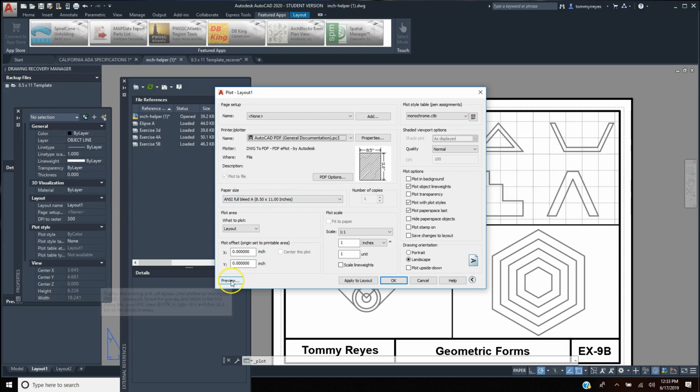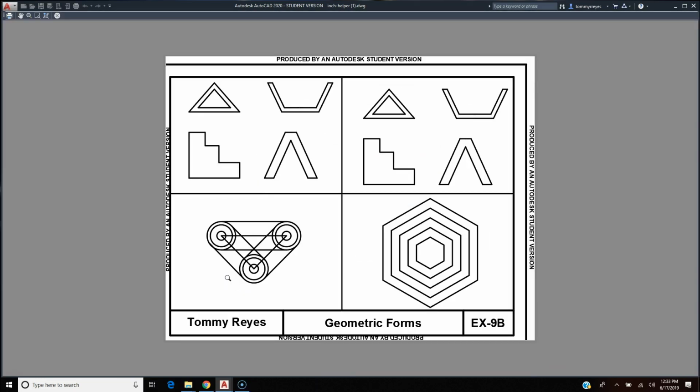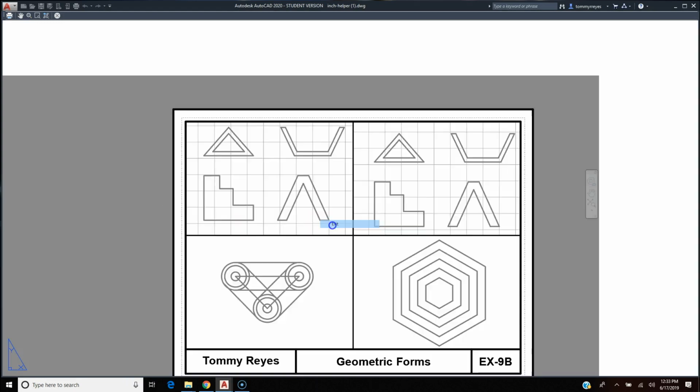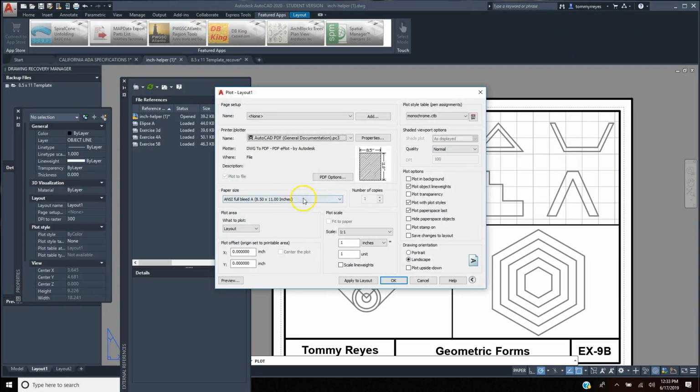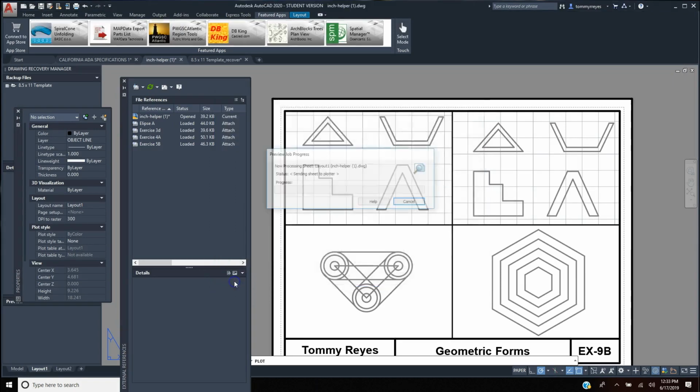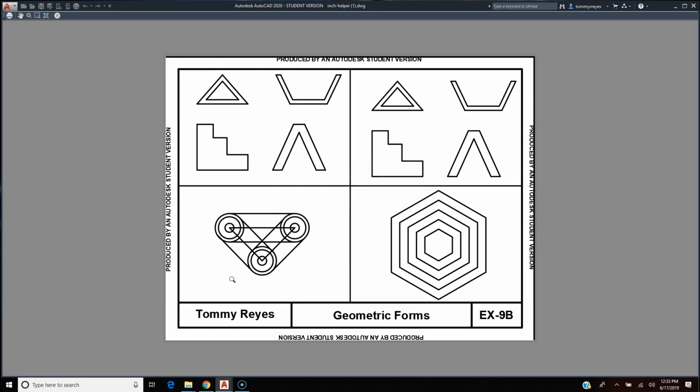Full bleed, perfect. And there you have it. I should probably center this. So let me change this from layout to extents. And center plot, preview, and voila. So would you put the